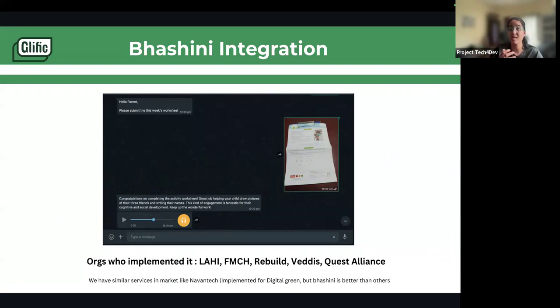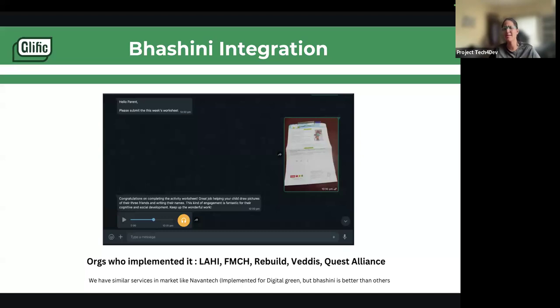And the other use case which Lahi implemented is they collect student feedback through voice notes, because students are comfortable in voice notes. But for a person who is sitting at Lahi to analyze every data and understand what students are trying to say and what the student feedback looks like, it's a very tedious task. So there also we integrated Bhashini, where the students' voice notes are converted into text and written in a Google Sheet, so that it's easier for a person to just read through it and get a glimpse of what the students are trying to say.